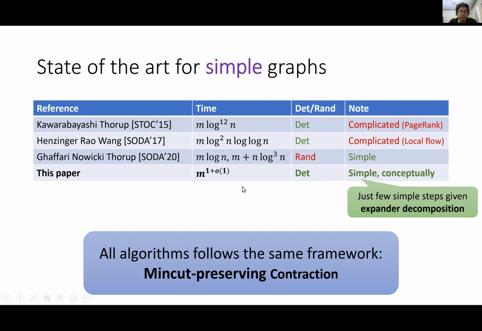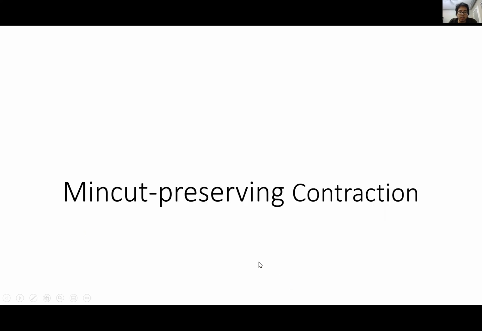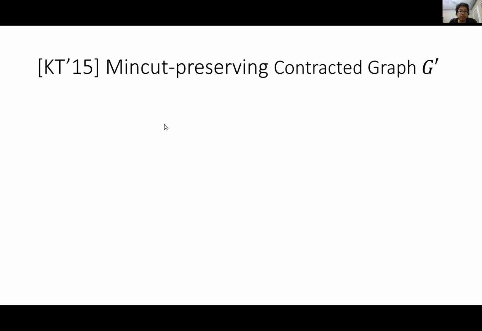Okay, all of these algorithms are using the following framework, which I just call the min cut preserving contraction. This is the thing that was introduced by Kawarabayashi and Thorup. It's a very cool thing to know. So what is it? Given a graph G, which is a simple graph,